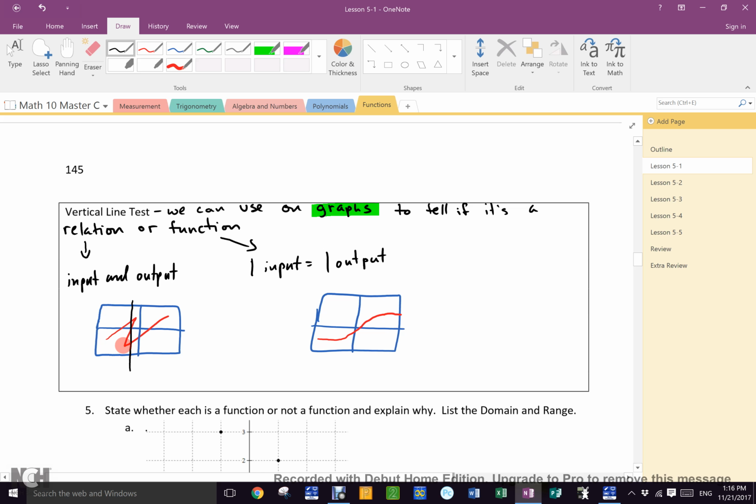Is that allowed? Yeah. It is if it's only a relation. So that guy's a relation. Does everybody see why? Now, if I take that same vertical line and I move it along the function, which